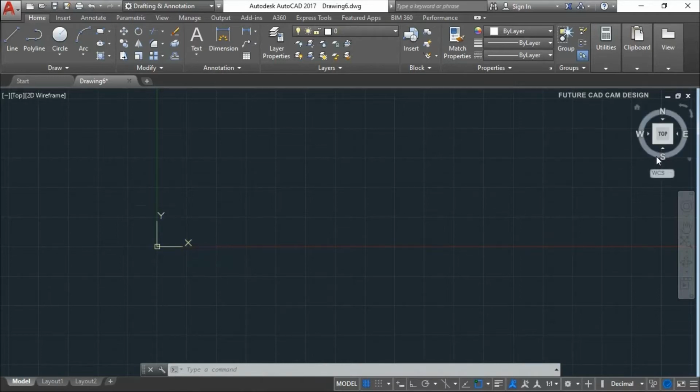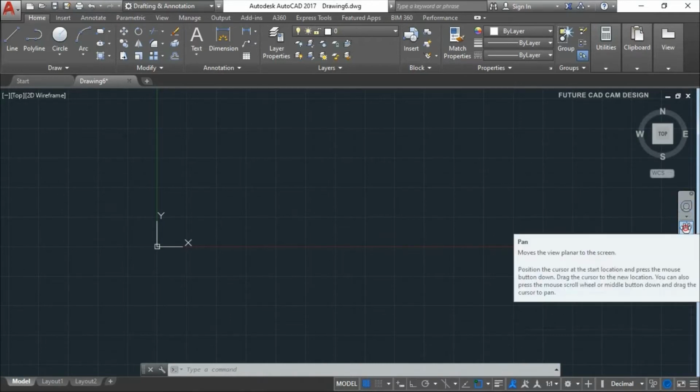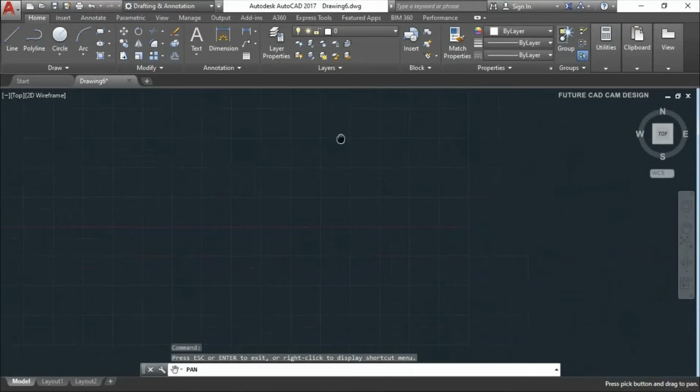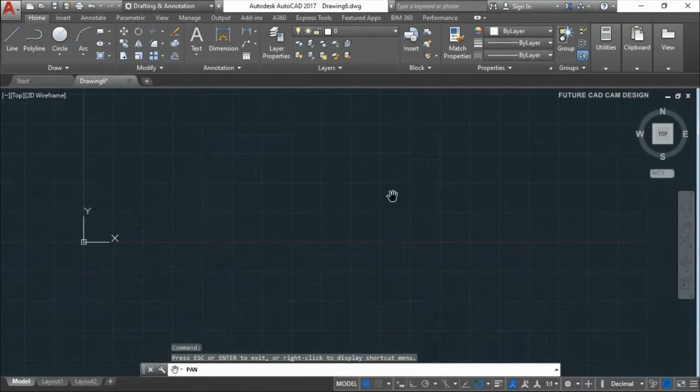And then at the right side top corner you can see this. Here we have the directions north, east, west, south. These are used only when we are using 3D models. We can change the views, and we can see the isometric view using this in 3D. And also here we have some options like zoom in, zoom out, and the pan option. We are not going to use these mostly, but sometimes they will be used. For example, if we click the pan option, we can pan our object, we can move our screen workspace wherever we need, and we can check like this.